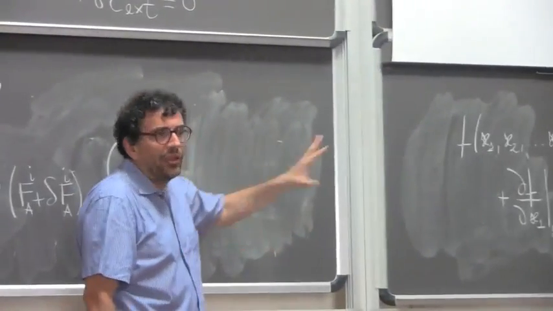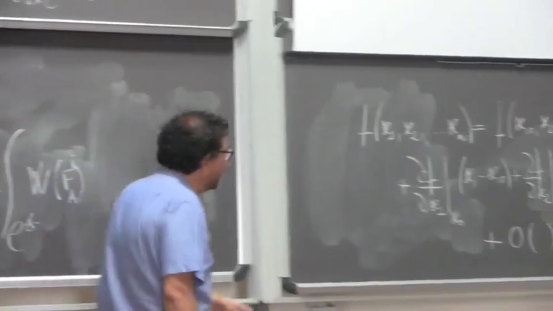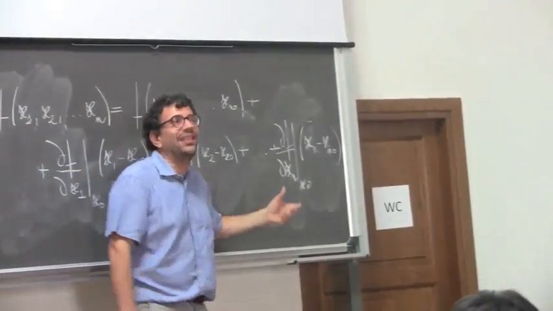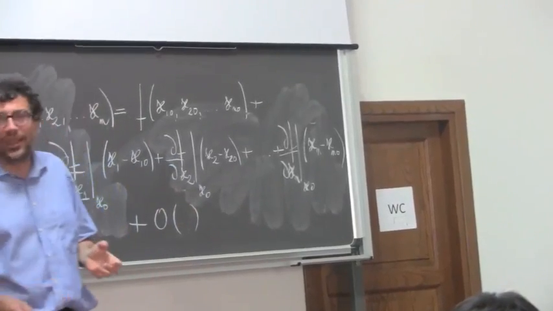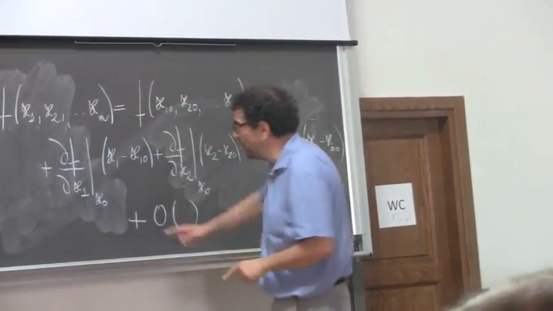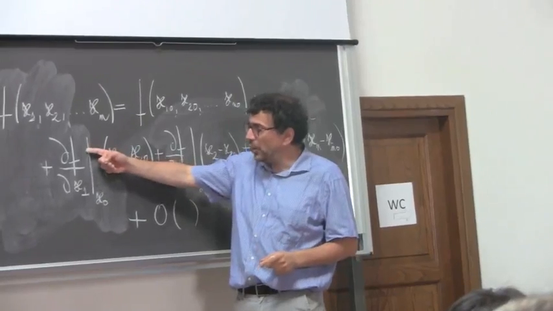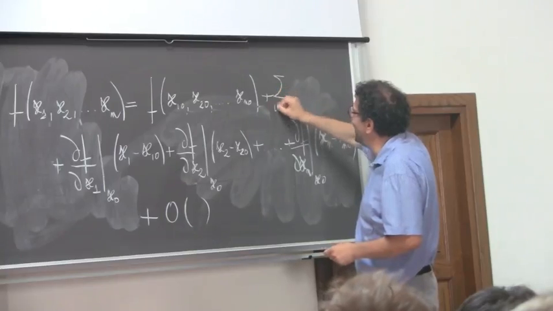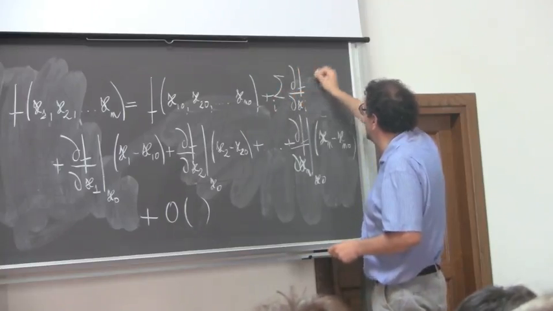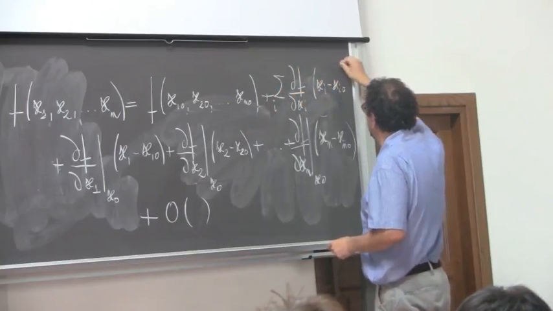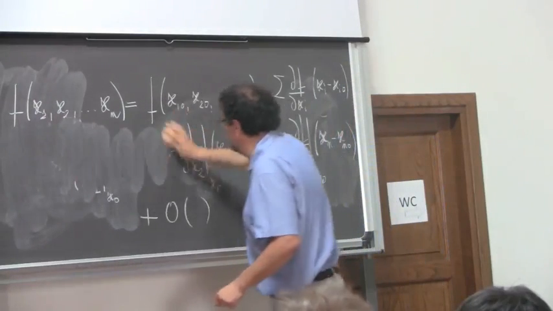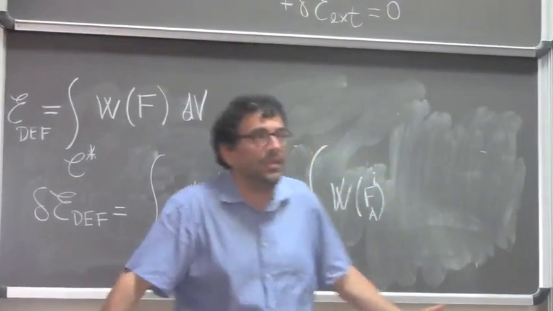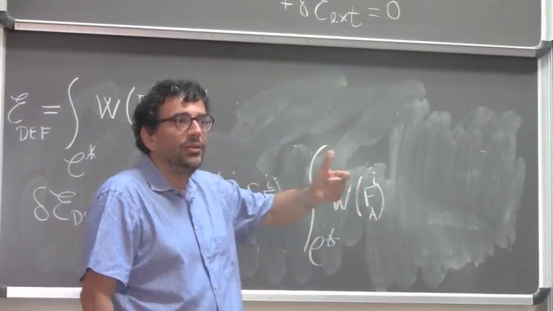Consider that already here we are much better than Piola's book, because in Piola x1 is A, x2 is B, and x3 is C. So formulas become very quickly a nightmare. We instead are very clever, because remember, what is this? This is df over dx1, df over dx2, df over dxn. So you can write this as the sum over i of df over dxi times xi minus xi^0, and you forget all this. And you have written exactly the same thing. Right? And this is also handy for a computer. You send a command for,